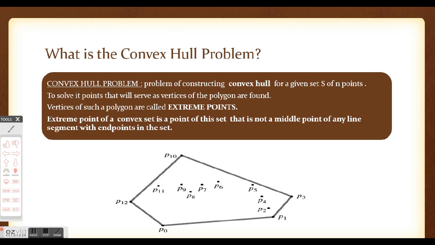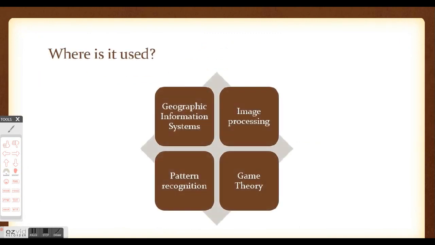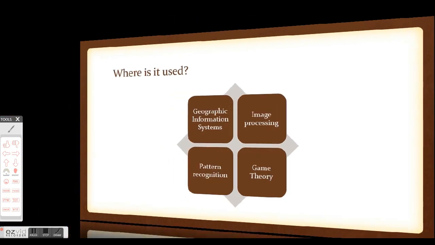This problem has various applications in the field of geographic information systems, image processing, pattern recognition, game theory. In image processing or pattern recognition, we can identify the face using the facial descriptions or the static points like the eyebrow, etc. And in geographic information systems also, we can see whether a location is within the specified area or not, or whether the person is within that area or conflict zone or not.